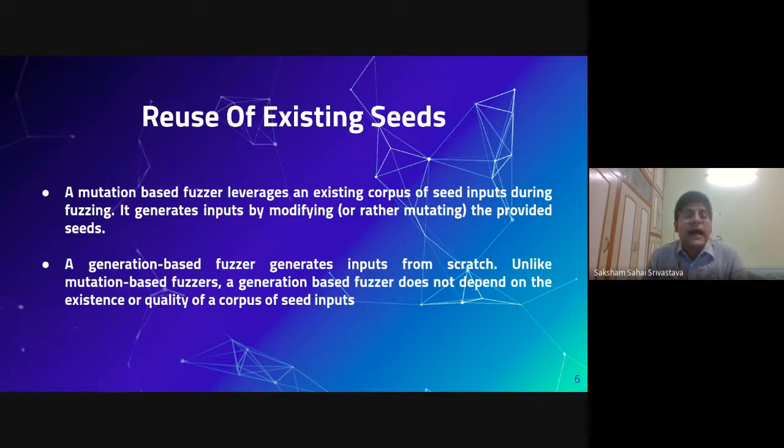By seeds, I refer to initial input. And then a generation-based fuzzer generates input from scratch. Unlike mutation-based fuzzers, a generation-based fuzzer does not depend on the existence or quality of a corpus of input seeds, so it does not require any prior knowledge of how the seeds should be. So it goes like that.